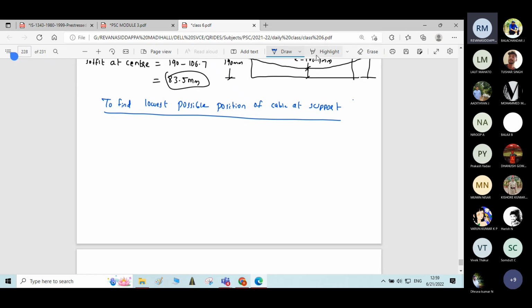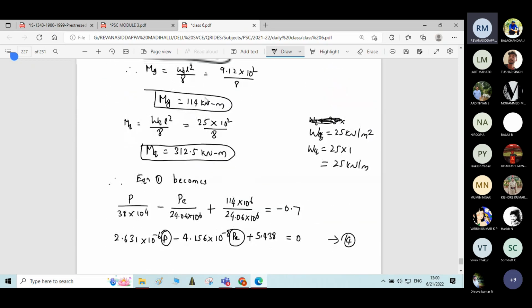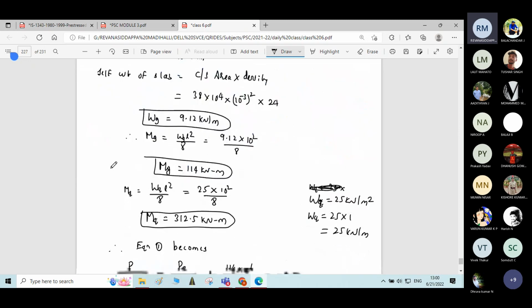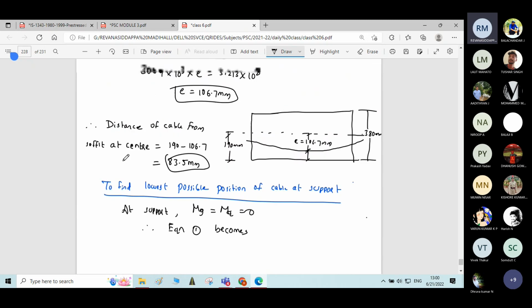Now, in this case, you need to substitute the moments corresponding to supports only. When you calculate moment at support, moment due to dead load and live load at support, it will be 0, correct? At support, Mg and Mq will be 0. Therefore, equation 1 becomes, refer to the equation 1,